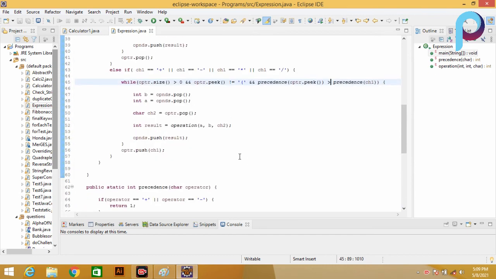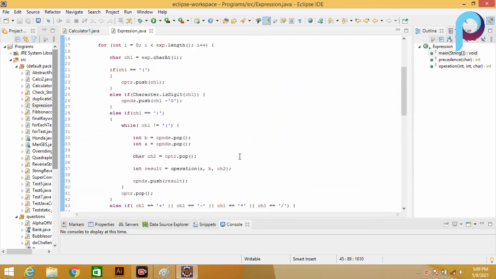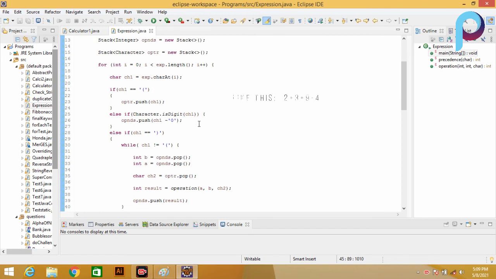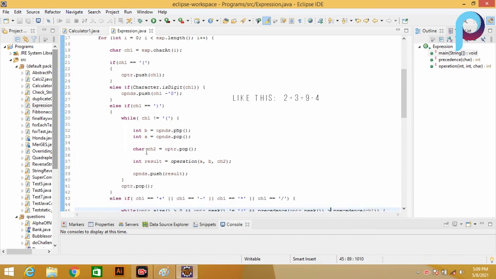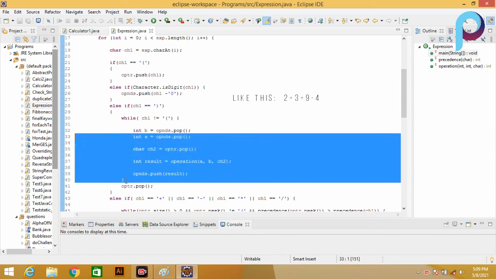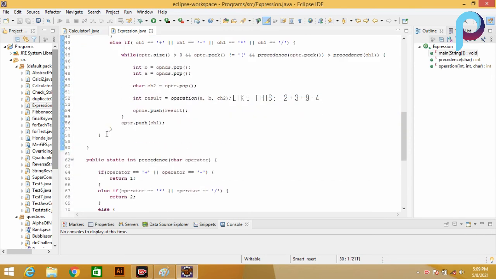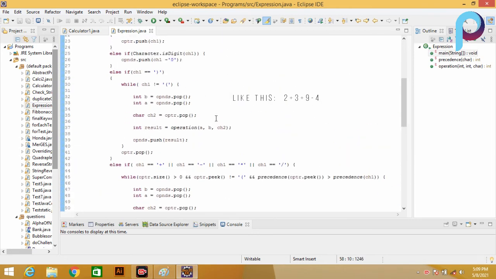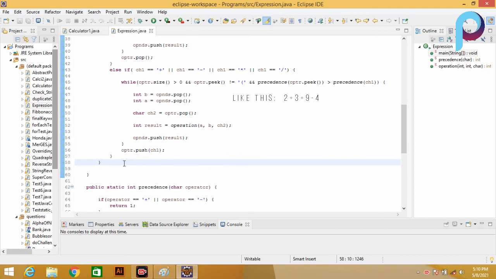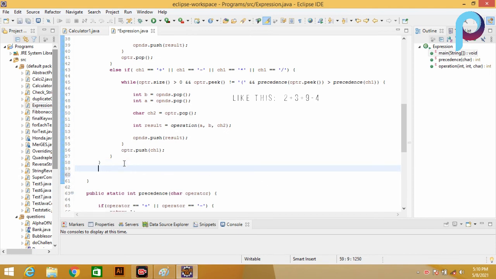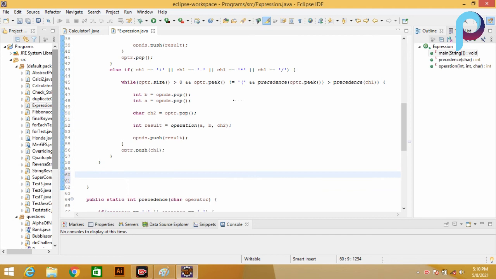Okay, so now suppose there is a simple digit, it is pushed in the operand stack. Then what do we have to do? We simply perform the operation. Means we have to copy it, and after the for loop we have to come out of the expression and just perform the operation on the stack.